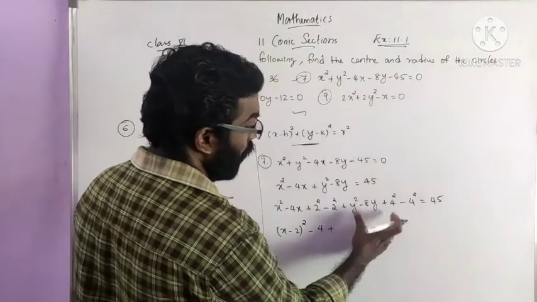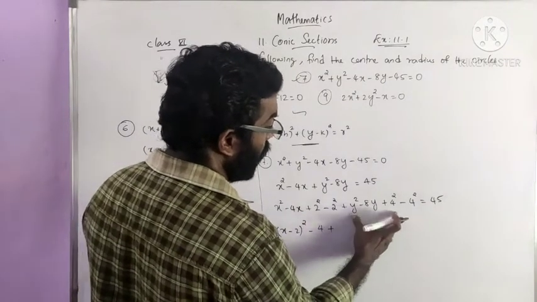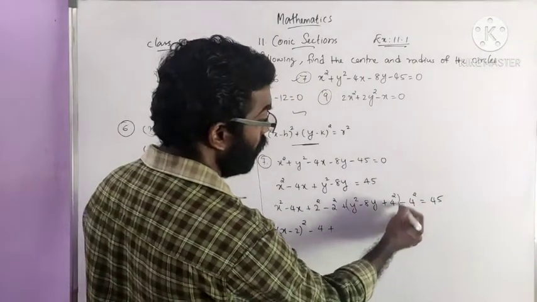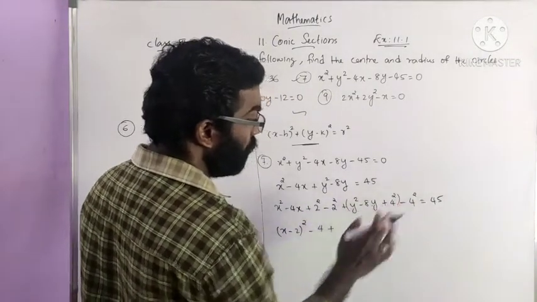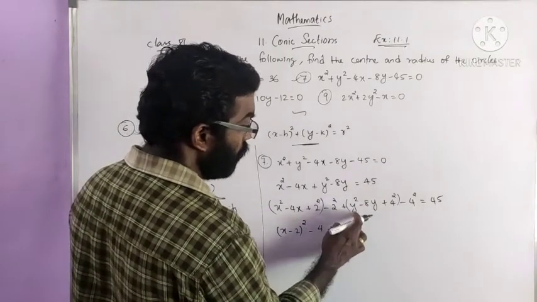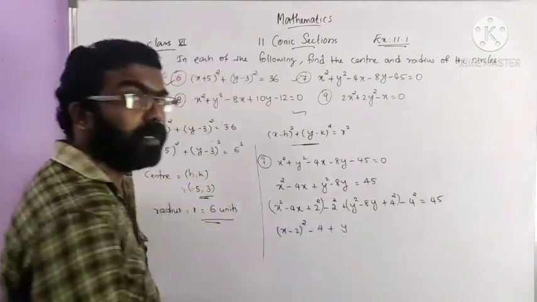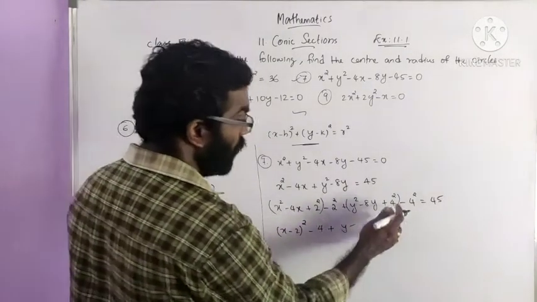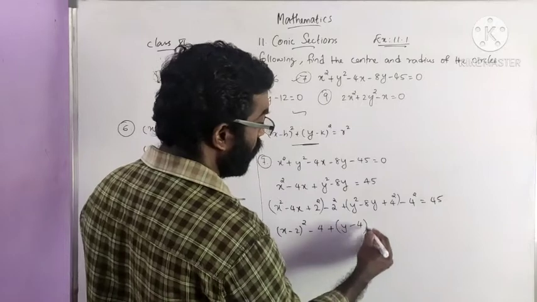Then plus, here we can take these three terms. Y square minus 8y plus 4 square. A square minus 2ab plus b square. Okay. The rule is write the square root of the first term, that is y. Sign of the second term, here it is minus. Square root of the third term, it is 4, the whole square.